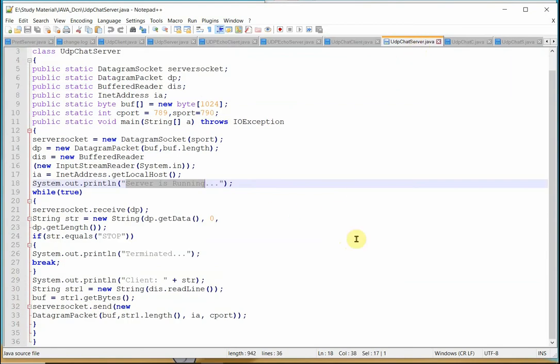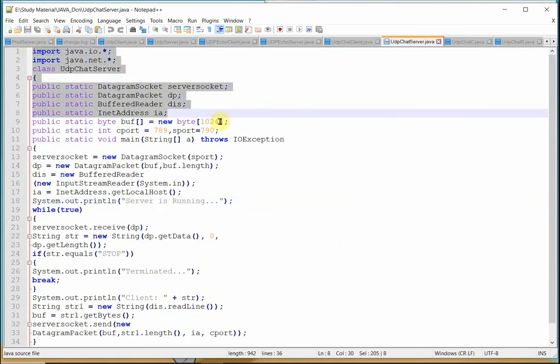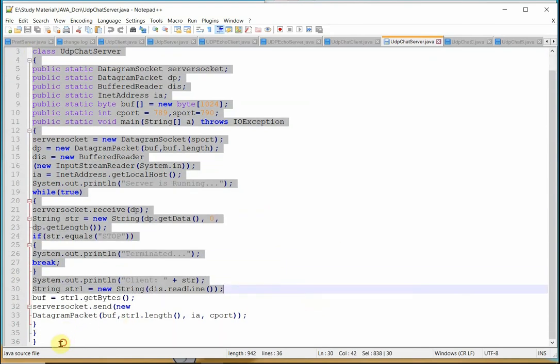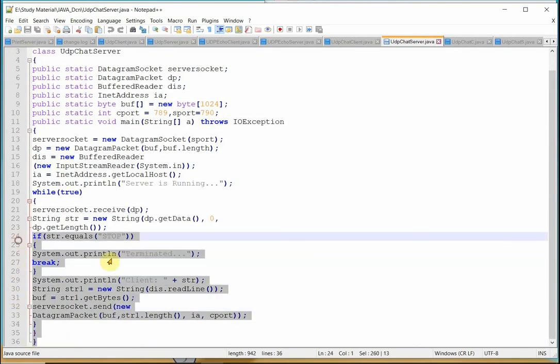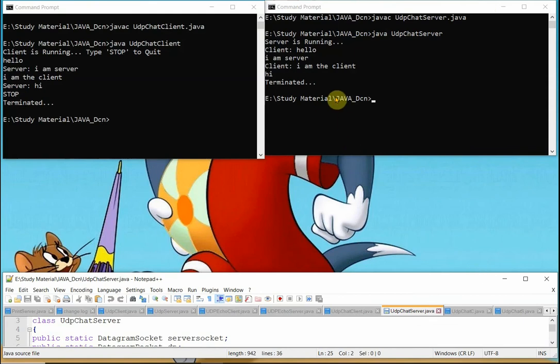For the server side, this code has been written. Here also, when we give stop in the client, it also stops on the server side.